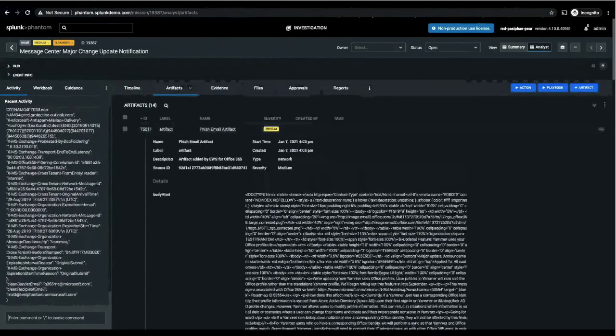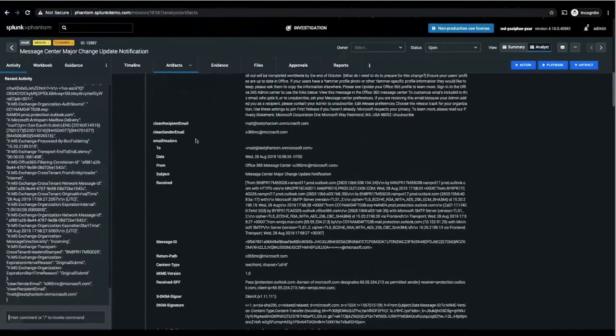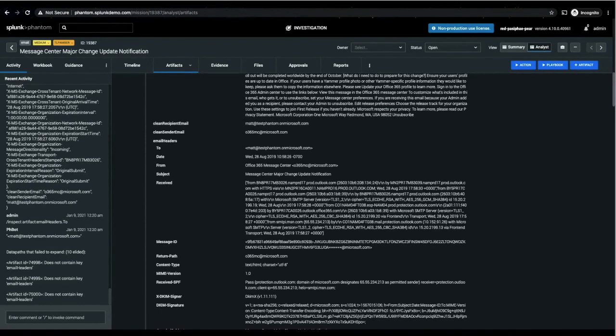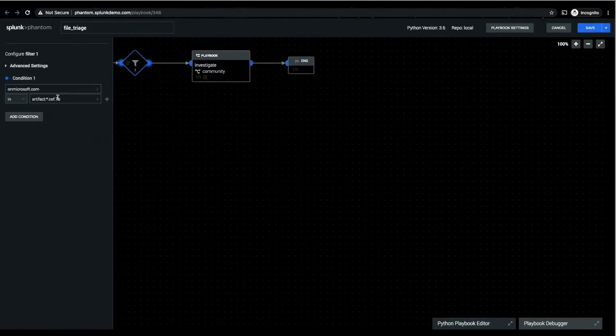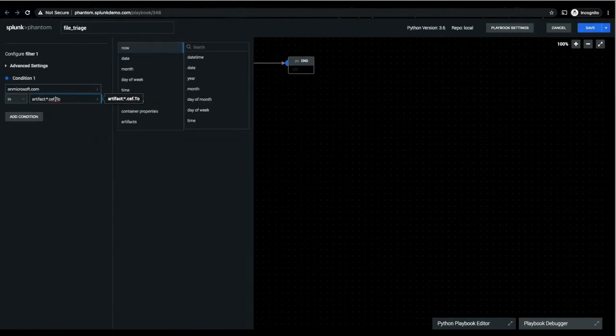So looking into the artifact now, if I jump in and take a look at the email headers, it looks like the 2 is actually underneath this. So if I inspect, I can confirm that. We'll go once again to artifacts, and in this case we're going to do email headers .2. Now we've actually found the email address that we were looking for prior. So going back to the playbook, we can make the adjustment, and instead of seth.2, we really want it to be email headers 2. We can go ahead and save this playbook,